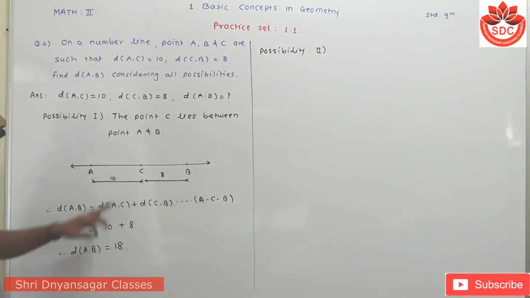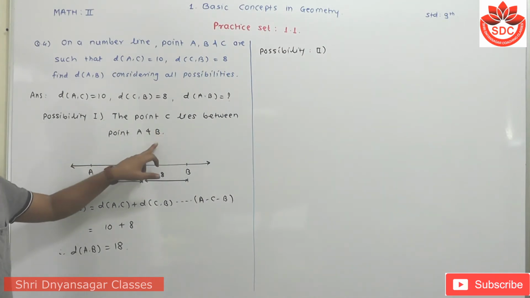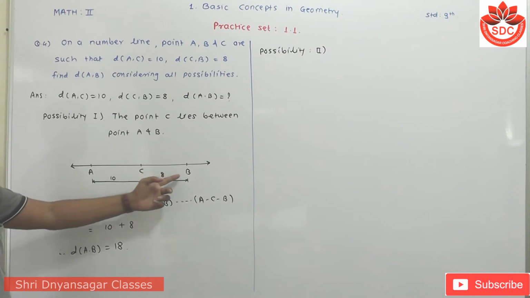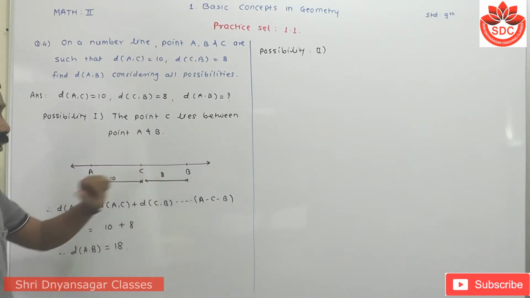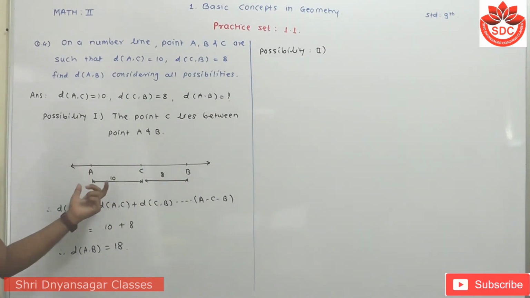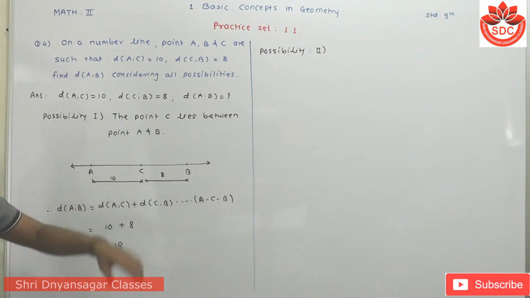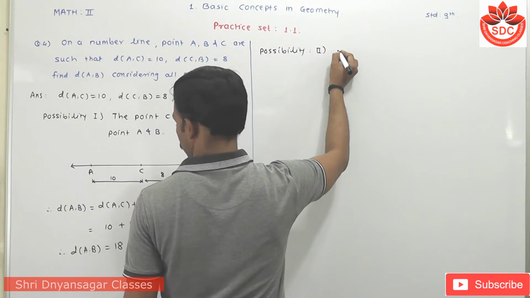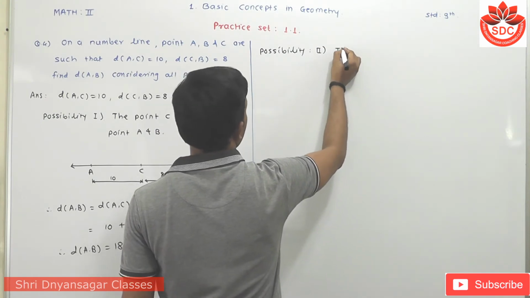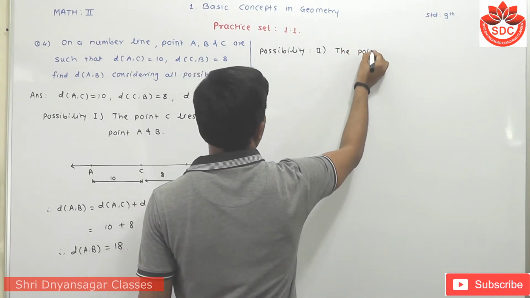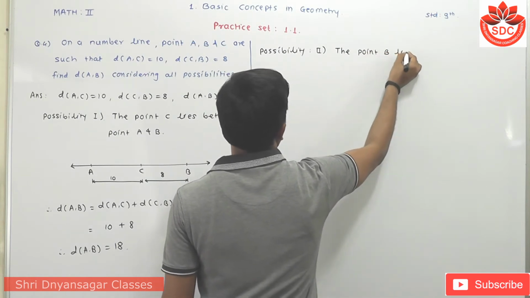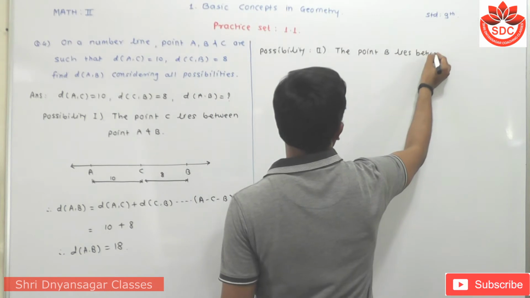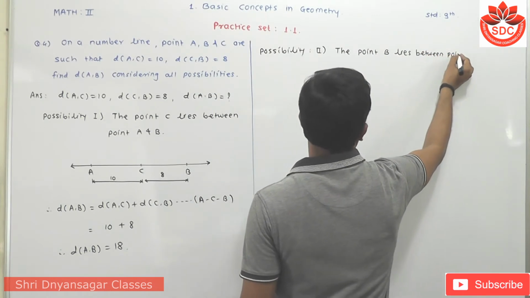Now first we take C in between this A and B. Then we take any other point. Suppose that B is in between A and C, or A is in between B and C. So here we take B lies between the points